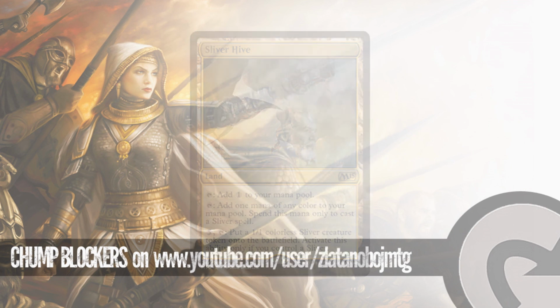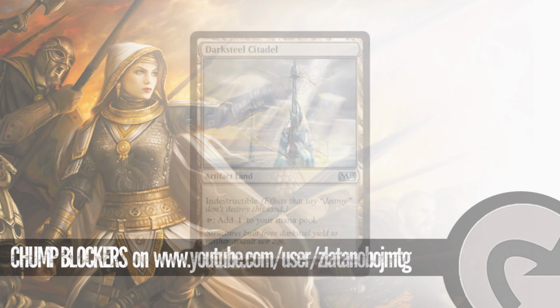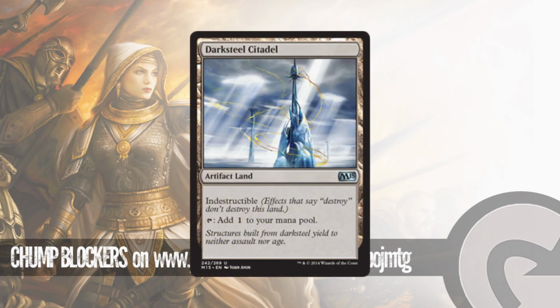Let's move on. I think this might be the last one. It is our last card. So it's Darksteel Citadel, a reprint. A reprint. And this broke things along with other things. They're not going to be reprinting other certain things like Affinity for Artifacts because of things like this. This is an artifact land with Indestructible. Add 1 mana to your mana pool. It works really well with Affinity. As it is now,